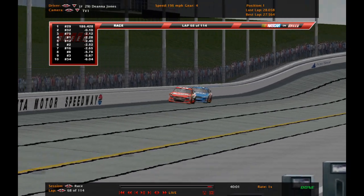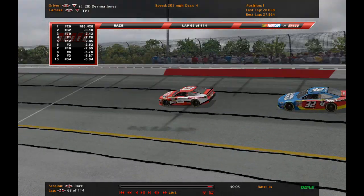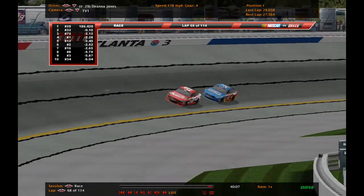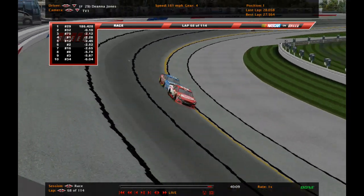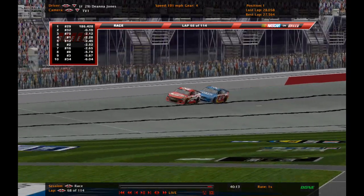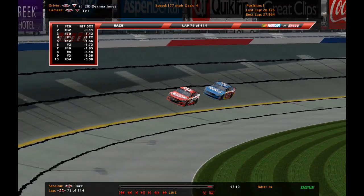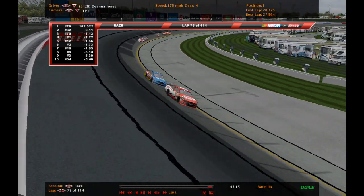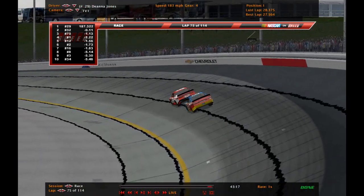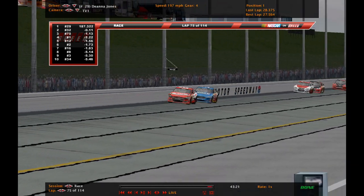Deanna Jones is your race leader. We'll take another step aside, possibly for the second and last time. And then we'll be back to broadcast to you the finish of this race. We are back here at Atlanta with 40 laps of racing remaining. Drivers should only have to pit one more time, and then they should be able to go green to the